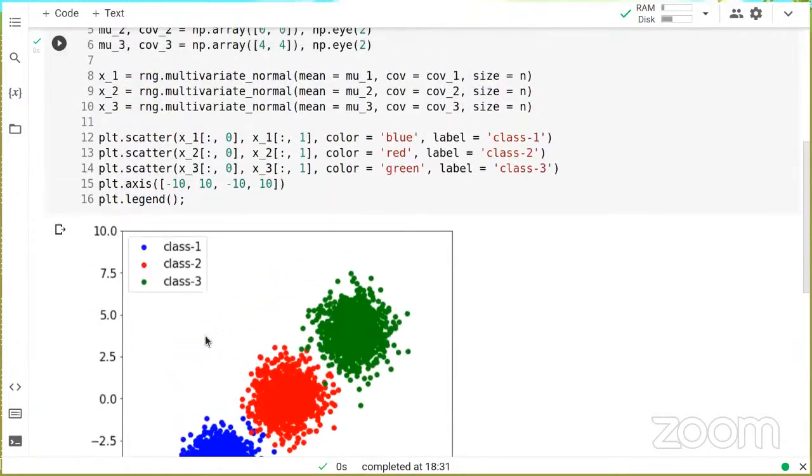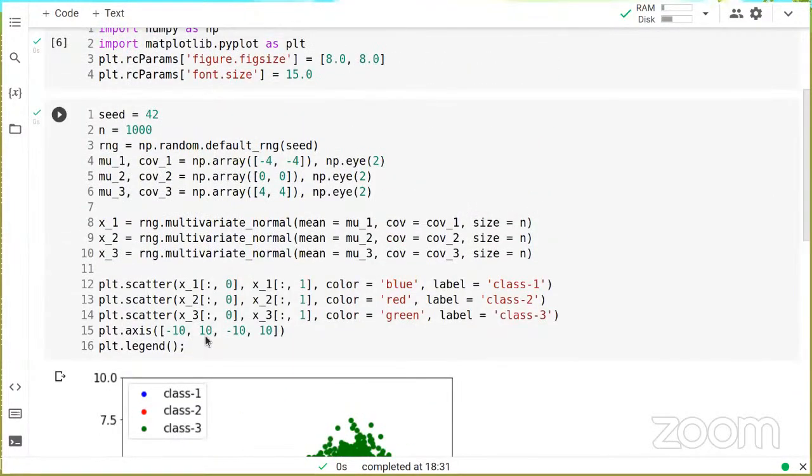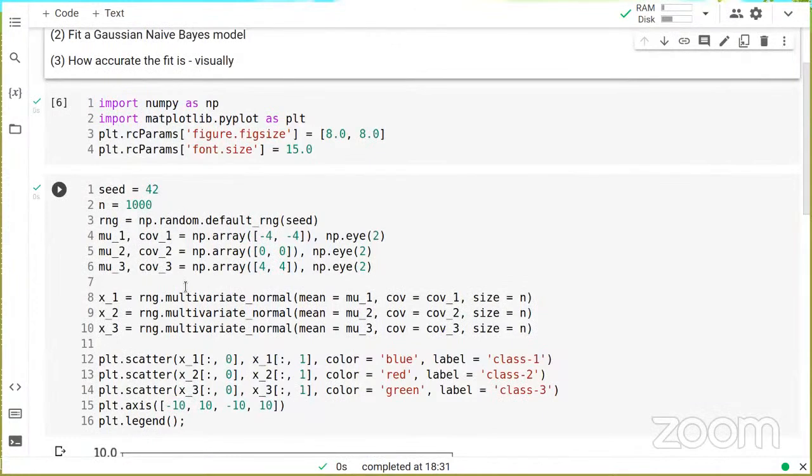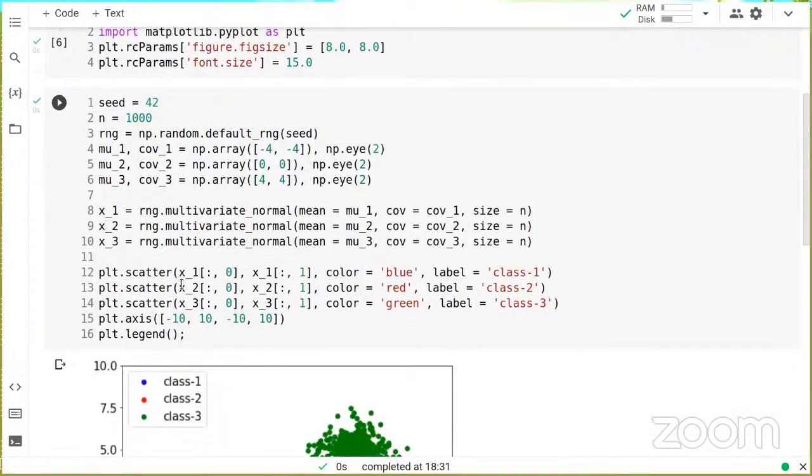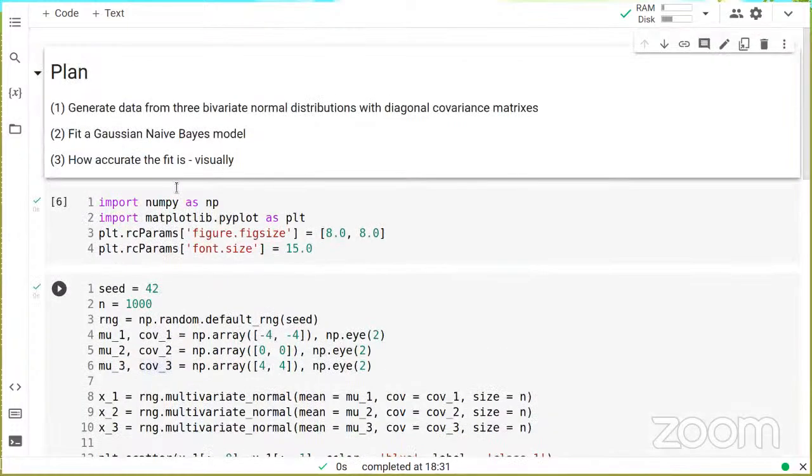Sir, here you have mentioned multivariate normal, but you said that you are actually working on the bivariate. Yeah, so multivariate means anything above 1 is multivariate. We can only visualize up to 3 dimensions, but that is messy. We can only think about 2 dimensions, right? So we are sticking to two features, and therefore it is bivariate.